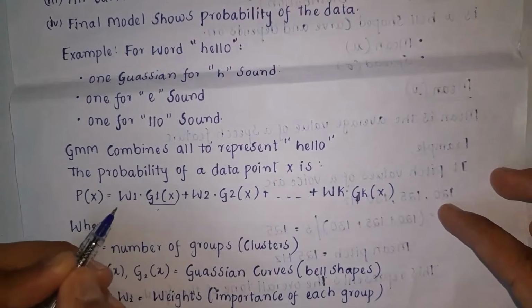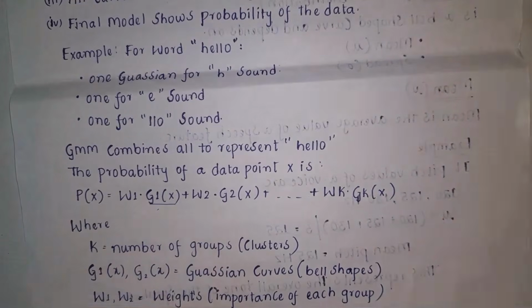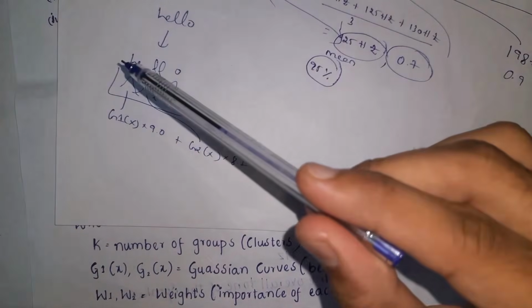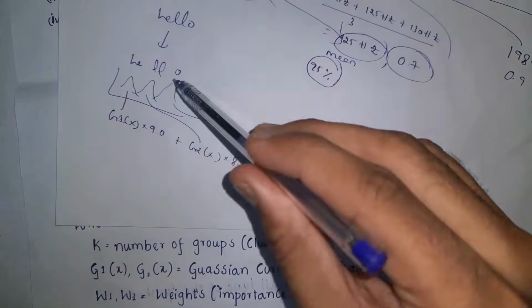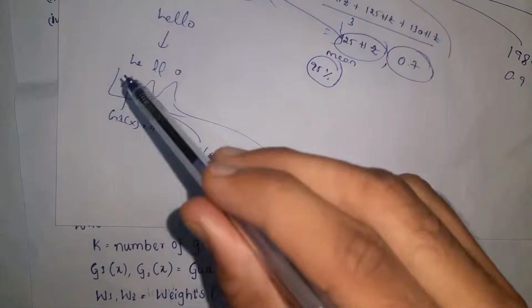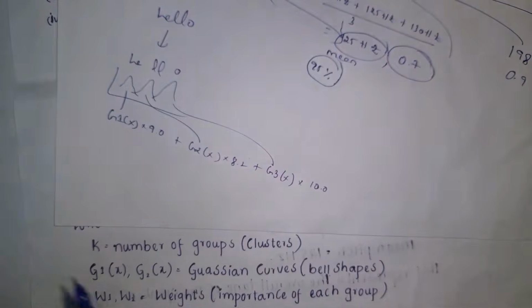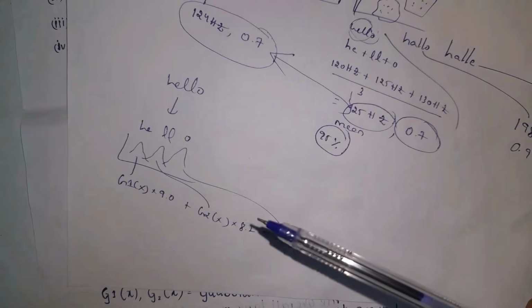Based on importance, some weights are given. For example, for the word hello, H is considered as G1 of x, LL is considered as G2 of x, and O is considered as G3 of x. For example, in this complete word, O is important. So for this, the weight given is 10, and LL weight is 8, and HE weight is 9. Based on importance, some weights are given to each and every part, and the final value is calculated by doing a sum